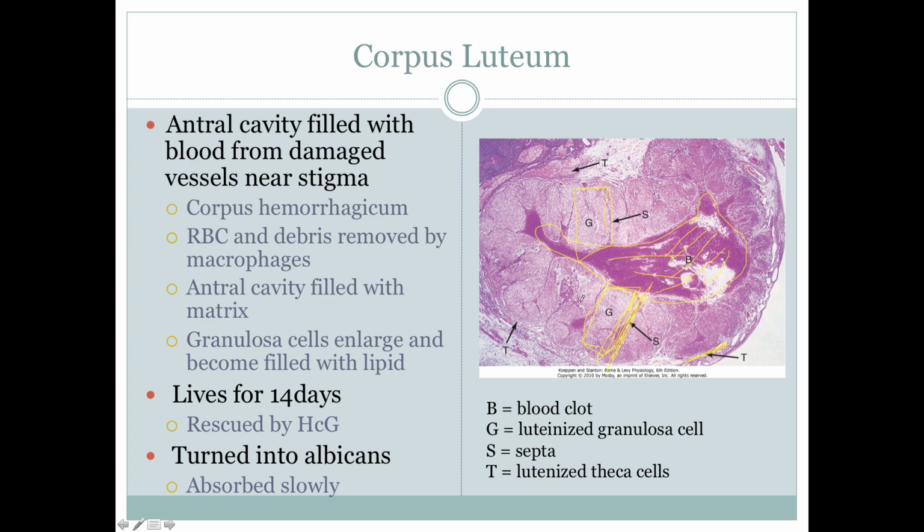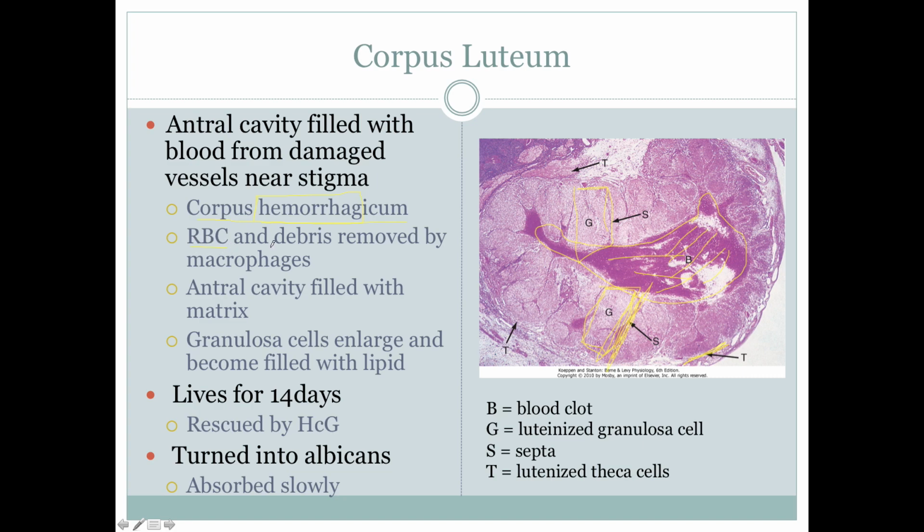So first you got to heal this up. Well, it's still kind of bleeding and clotted. It's called a corpus hemorrhagicum, a body filled with blood. Technically, anytime blood leaves the circulatory system, it's a hemorrhage. So even if you bleed from a paper cut, that's a hemorrhage. We usually think of it as pretty intense, but that's what it means.